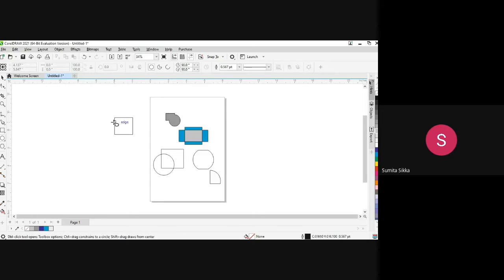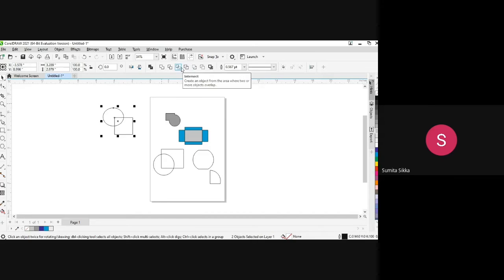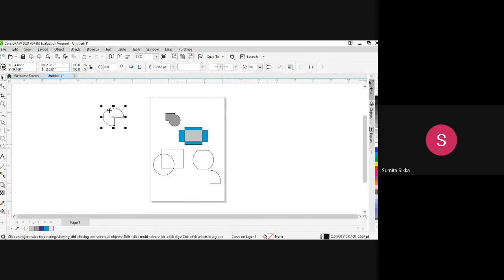So now the next option would be the pick tool. Select, and there will be back minus front, and front minus back. So when we do this, it is front minus back, right? Yes, Control Z. I'm repeating this with the back minus front. Now this is back minus front. So now we have covered this weld option.